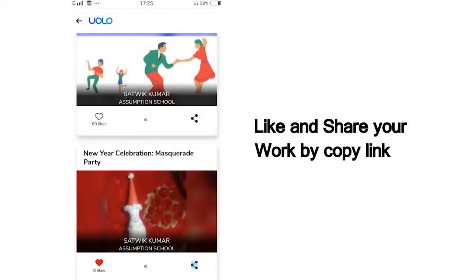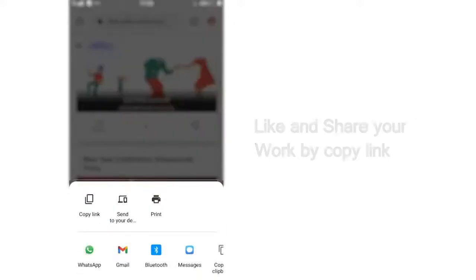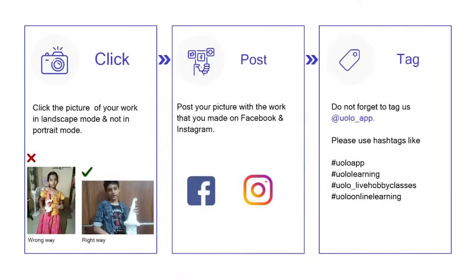If you want to showcase your work on social media, that too is very simple. Click on Share, copy the link and post it on Instagram or Facebook or any other platform of your choice. Just a tiny reminder, your submission looks a lot better if you could click a photo in the landscape mode rather than the portrait mode. Do not forget to tag us at YOLO_app